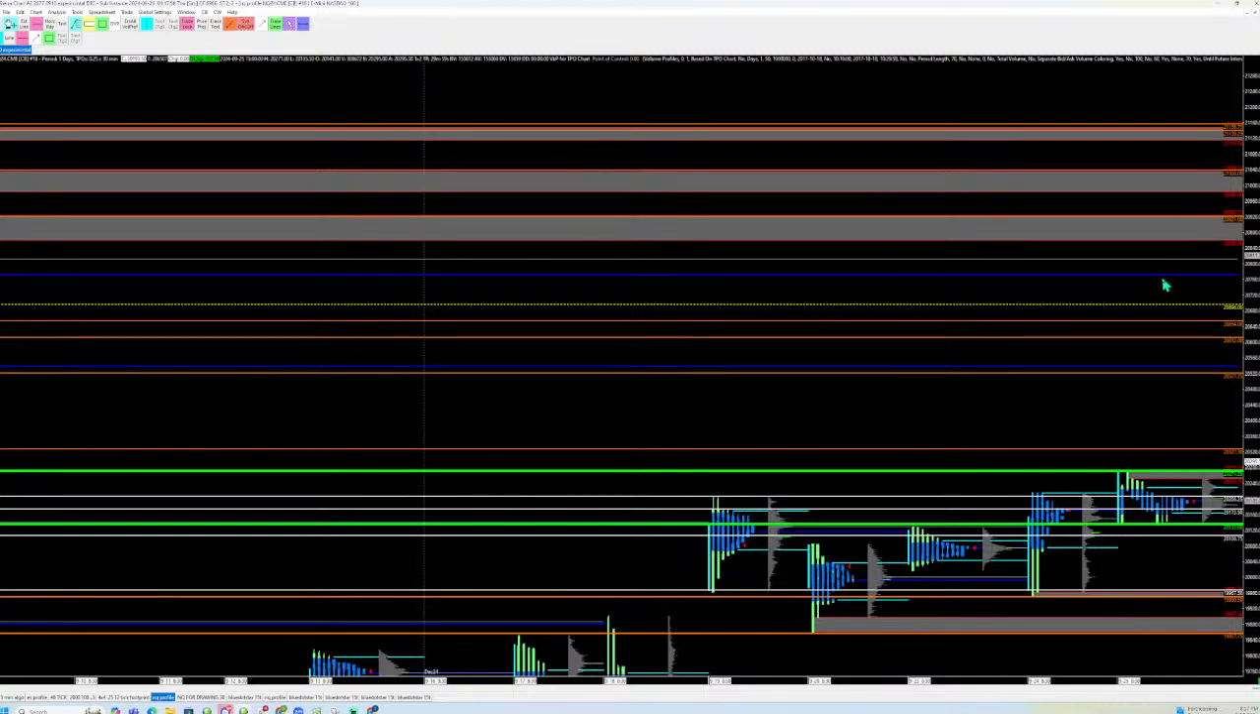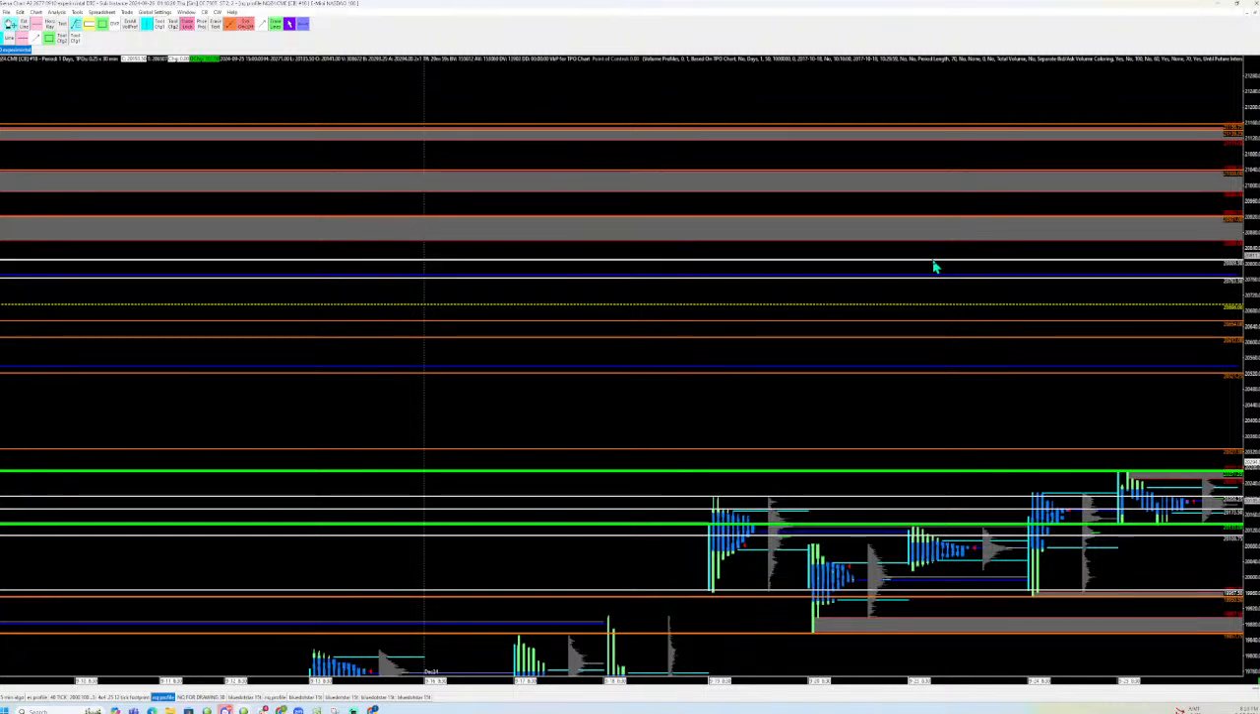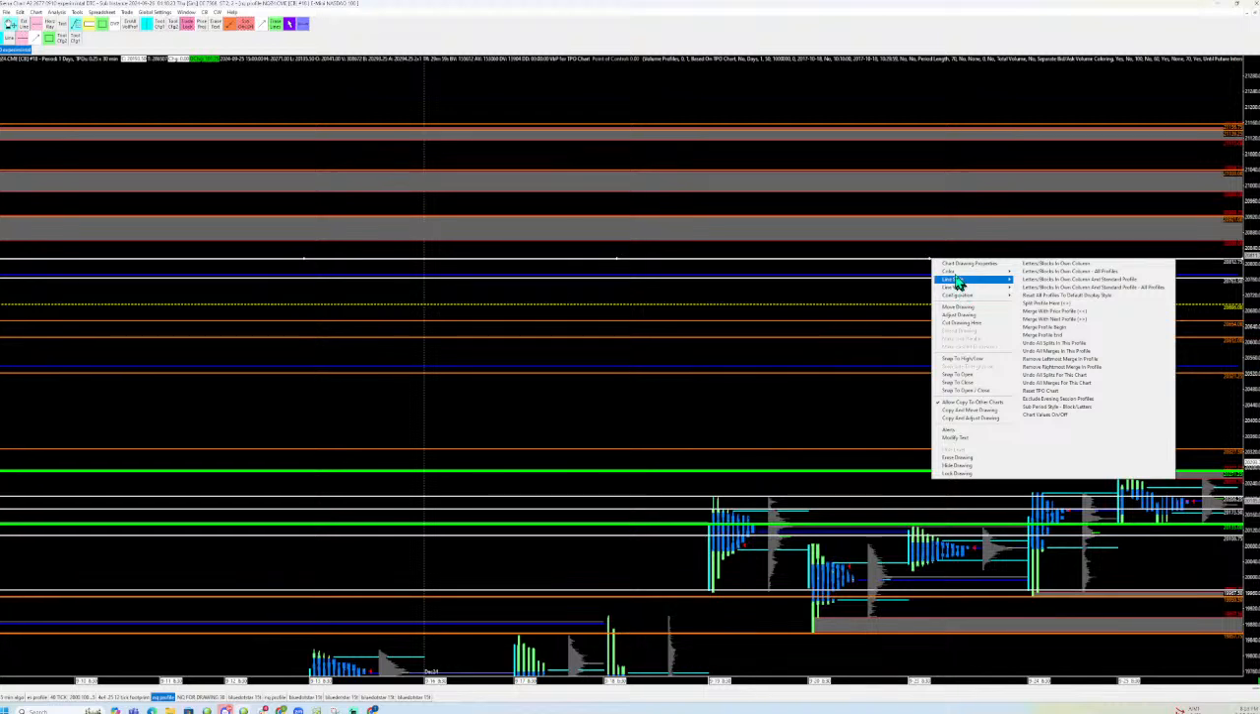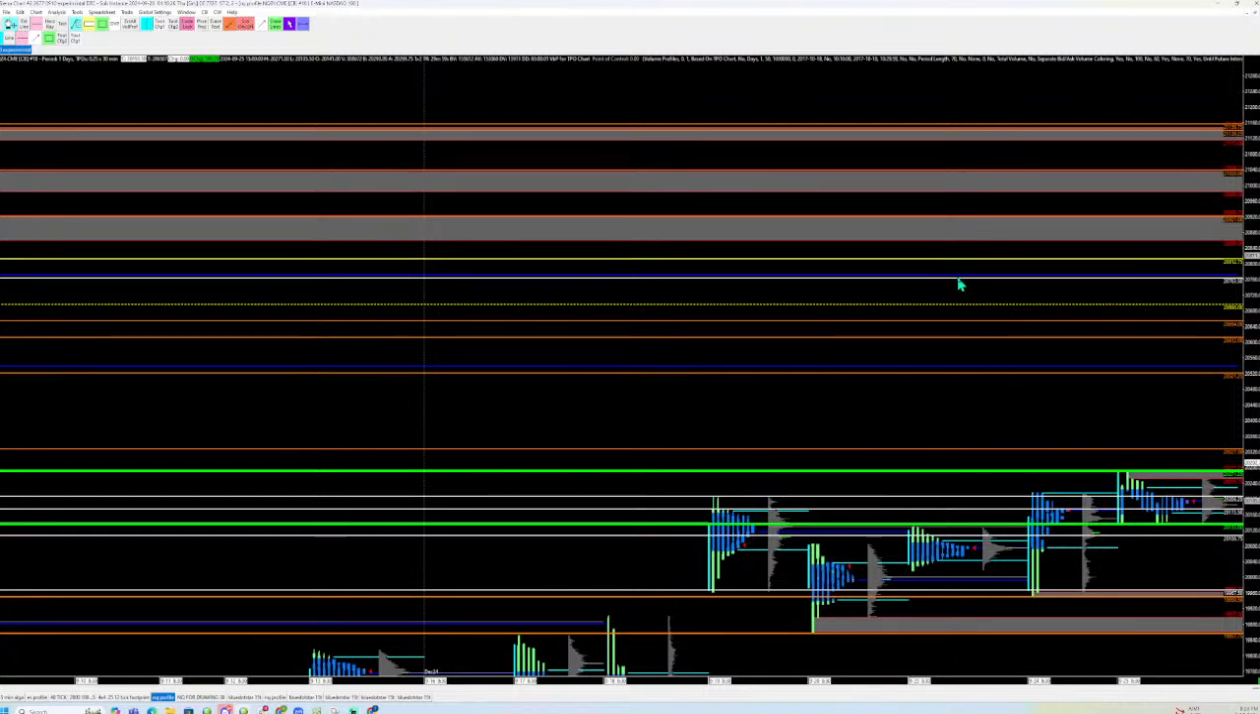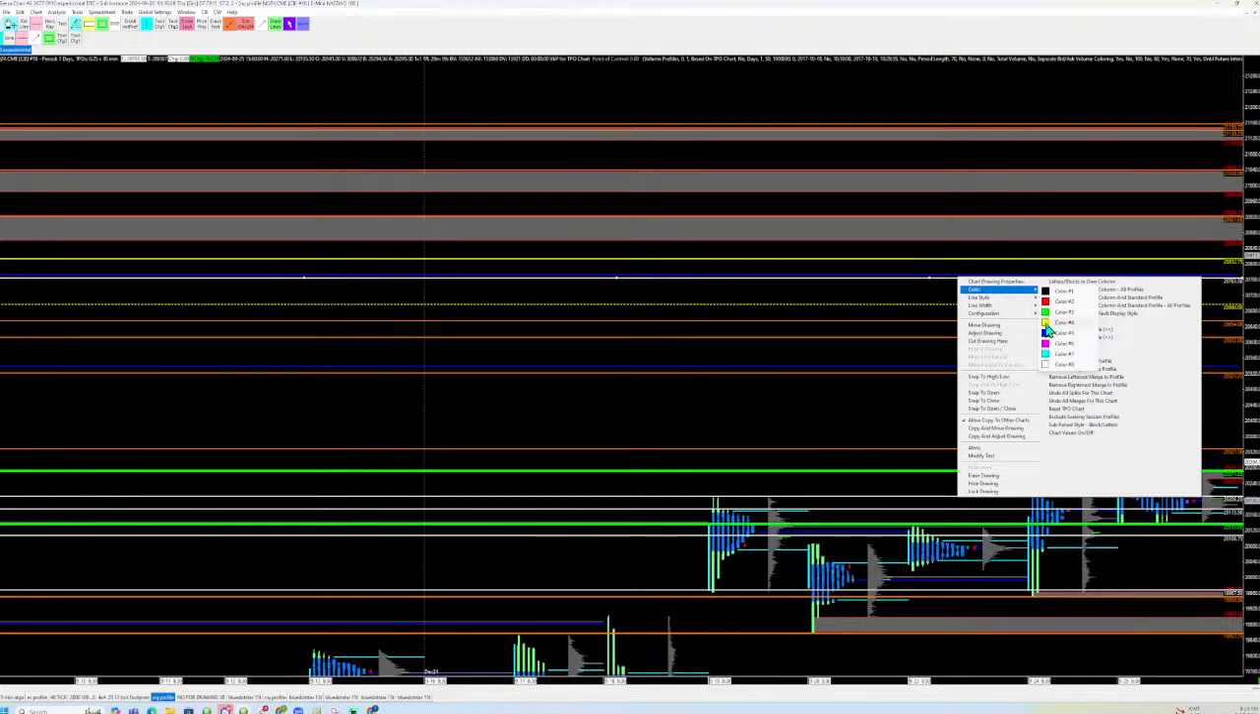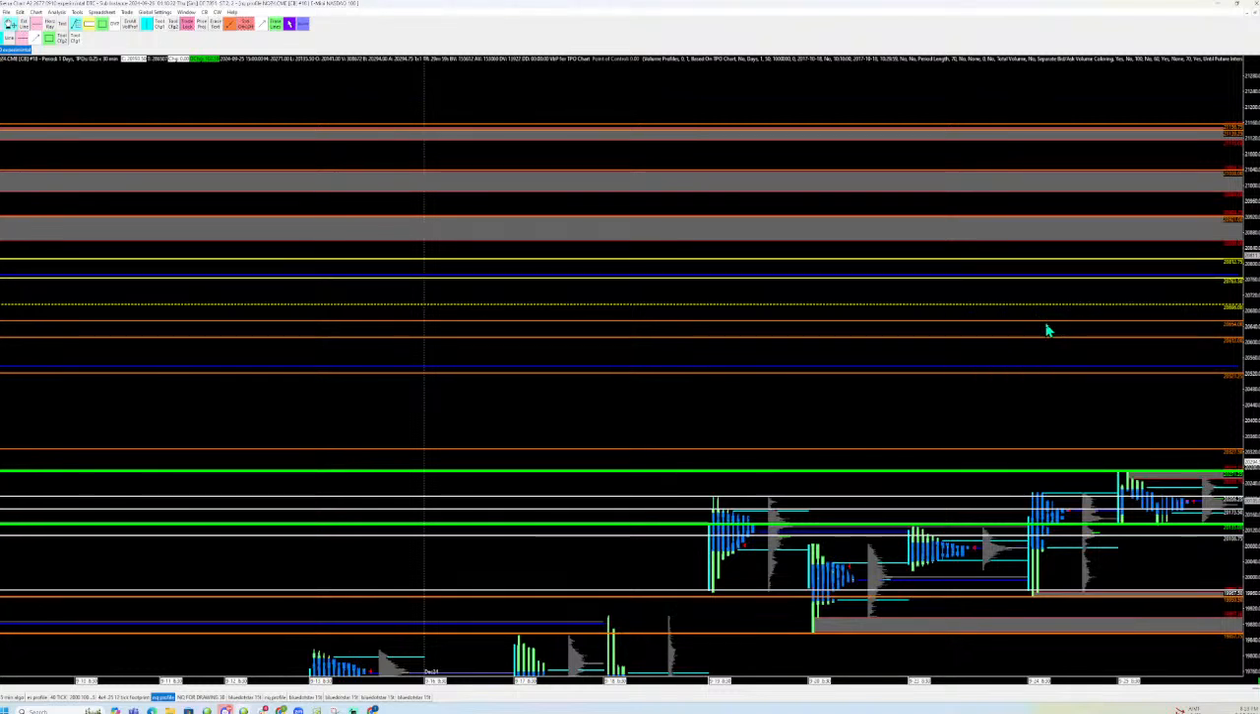And so then I'll take this. So there's also a naked volume point of control in there. I would rather focus on the single prints, but as long as we're here, I will mark off the volume point of control and the TPO point of control as a point of interest. It's naked up there. And that is how I come up with my levels. They're not the most important levels, but they're critical levels,